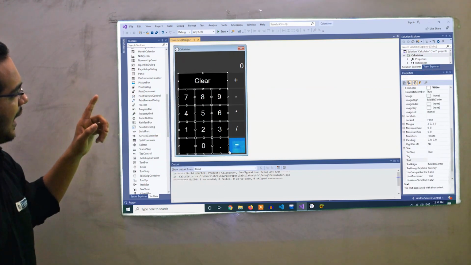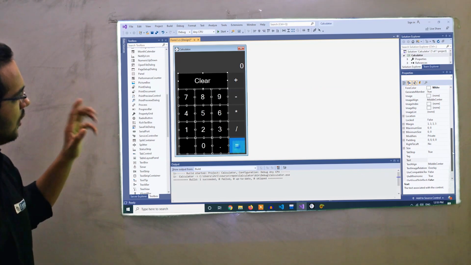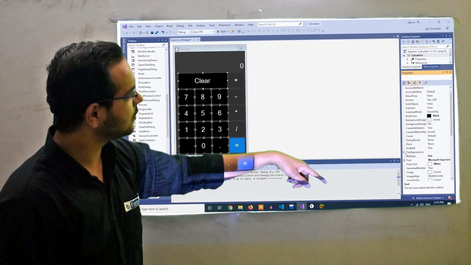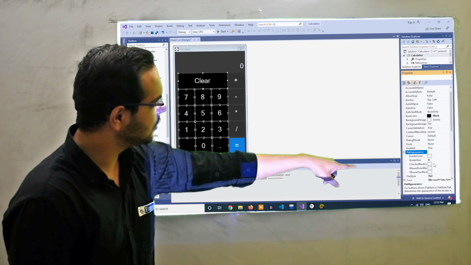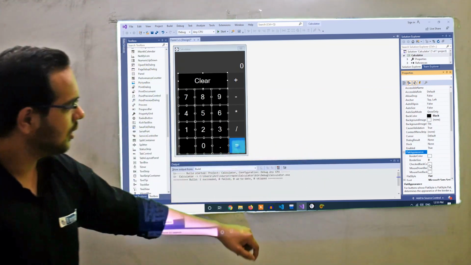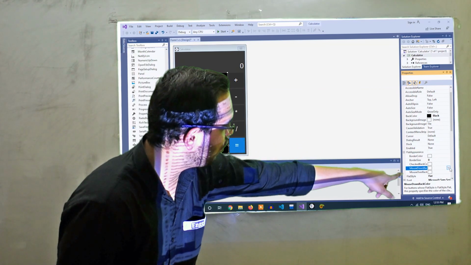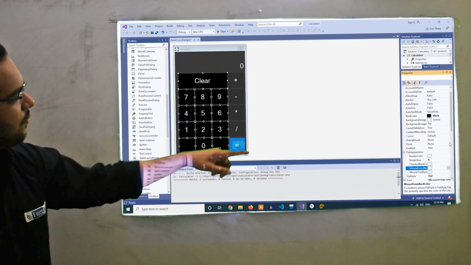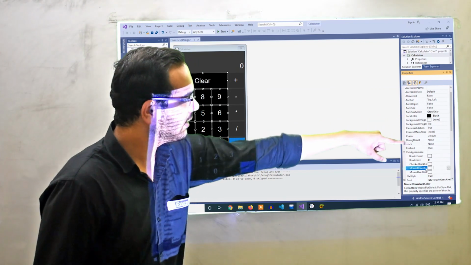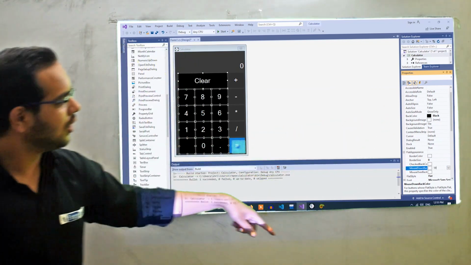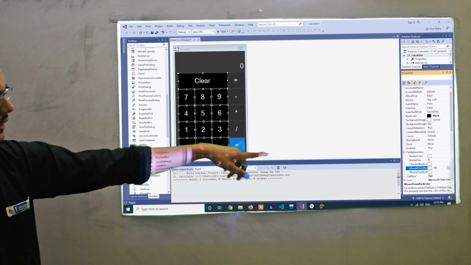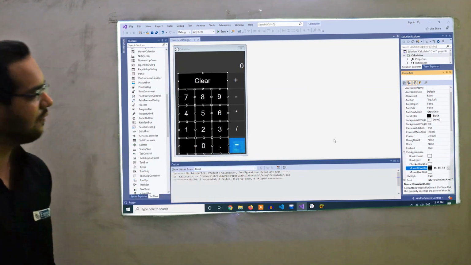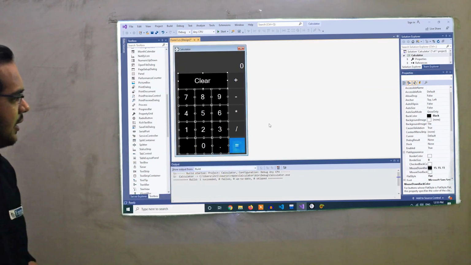Okay. Now select all these buttons. Those background color is black. Right. Yes. Then go to its flat style, flat appearance. Yes, here you can see mouse down background color. We have to change that color. So what was its back color? Black. That is 0, 0, 0. So let's just write over there. Let's say 15, 15, 15. That will be dark gray color, right?